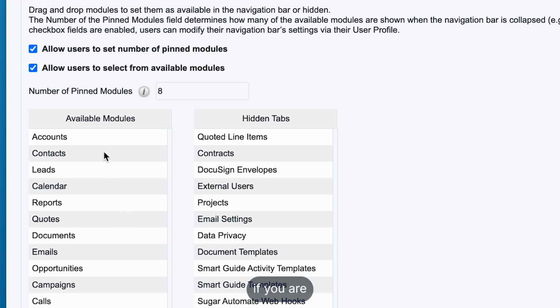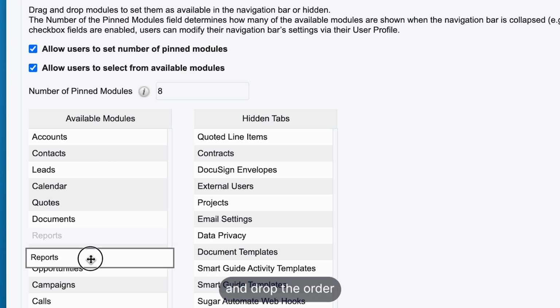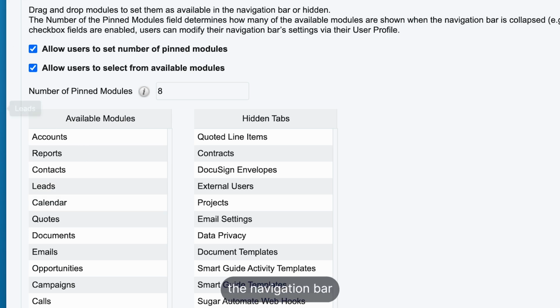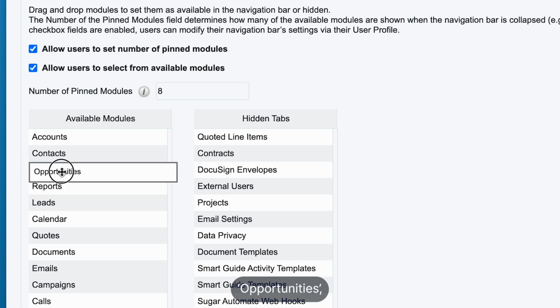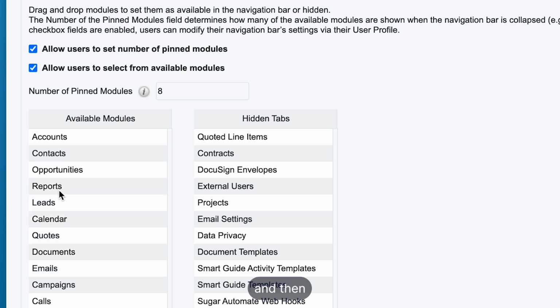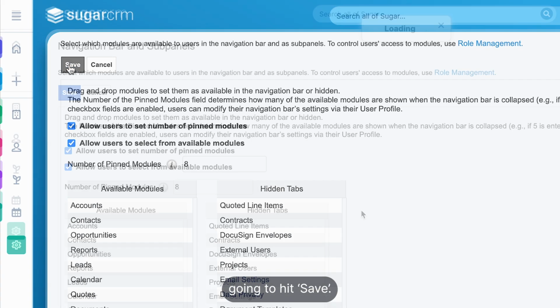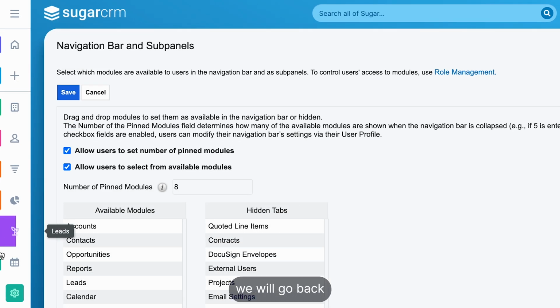And also, if you are using areas of the system more than other areas, you're able to drag and drop the order of how you would like the navigation bar to be displayed. So for me, I generally stick in the accounts. I do contacts, opportunities, and then we will have reports, leads. That's perfect. I'm now going to hit save,